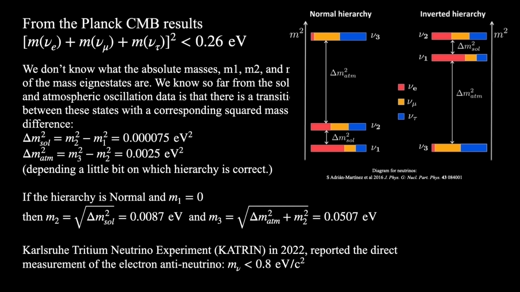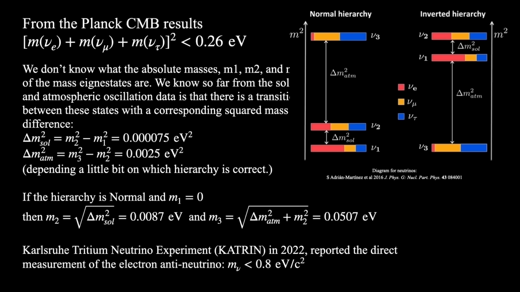And then from 2 to 3 is the difference of a different pair of mass states. Now, the separation between these mass states depends on how they're measured. The smaller difference, delta m sol, comes from the measurement of the oscillation of solar neutrinos. This mass difference was responsible for the solar neutrino problem, where the total number of electron neutrinos was 1/3 of